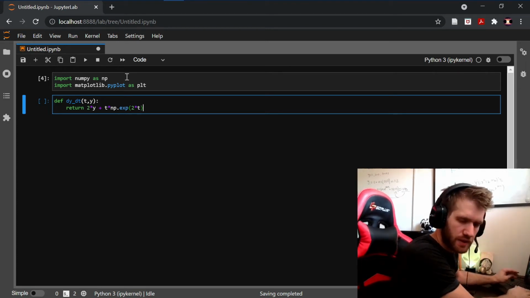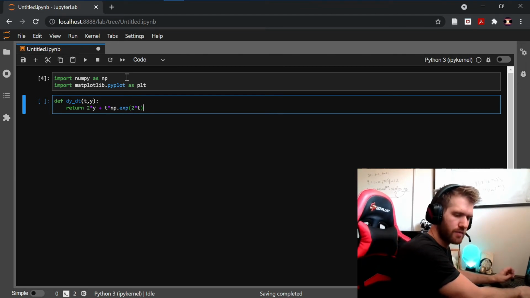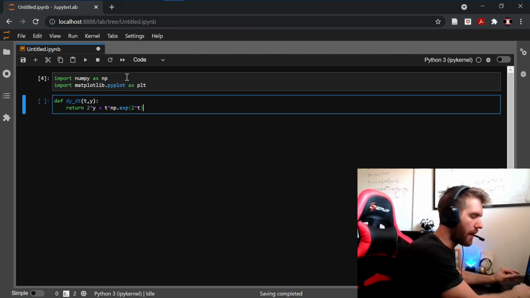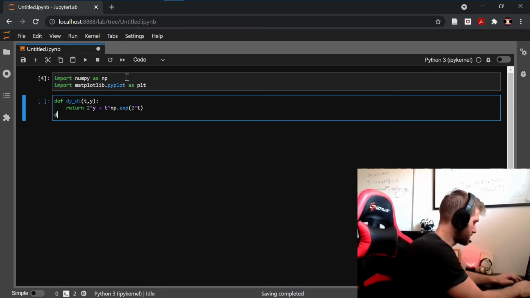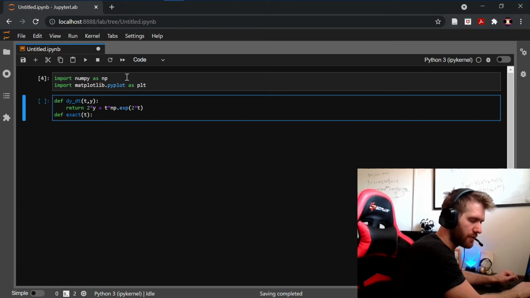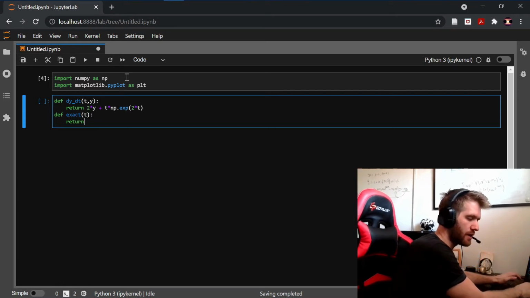Alright, so I think that's the correct equation. Yes, okay, cool, just to make sure. Now we want to define our exact solution, so we'll define that as exact, where we have just t now. That's the only variable in our solution, so return that as 1/2